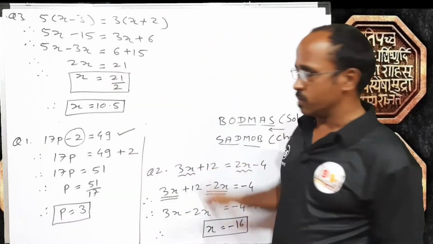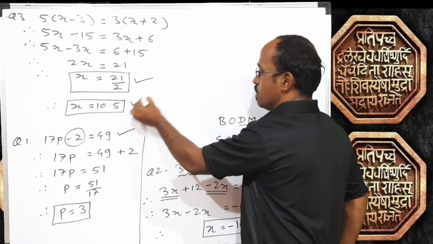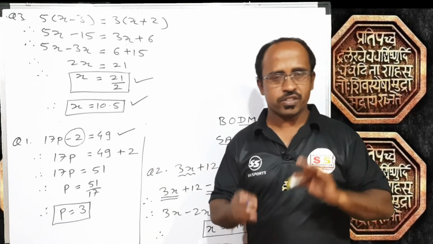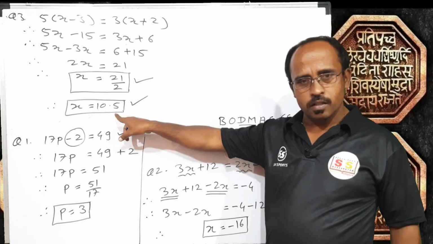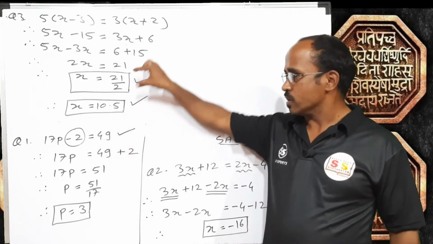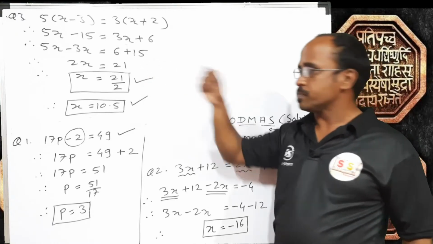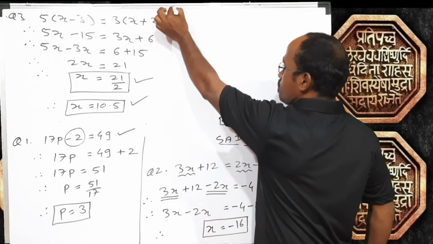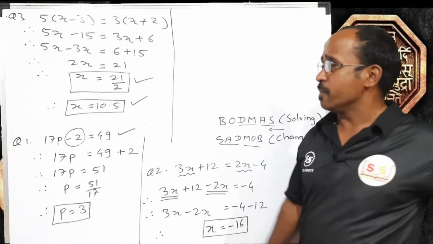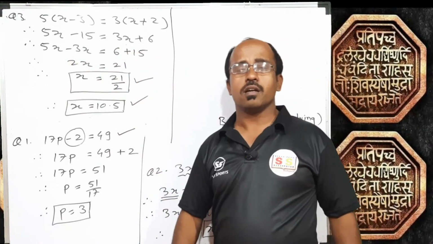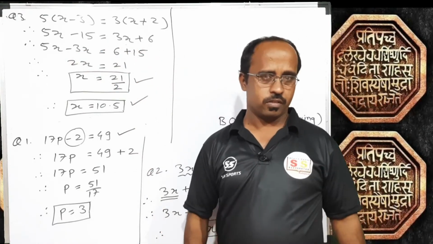Any one is acceptable. This is also correct. If it is mentioned in the question to write the answer in decimal, then this is required. Otherwise, up to this one is also okay. Clear, students? Now, what will be the case if any one number among this is a fraction?